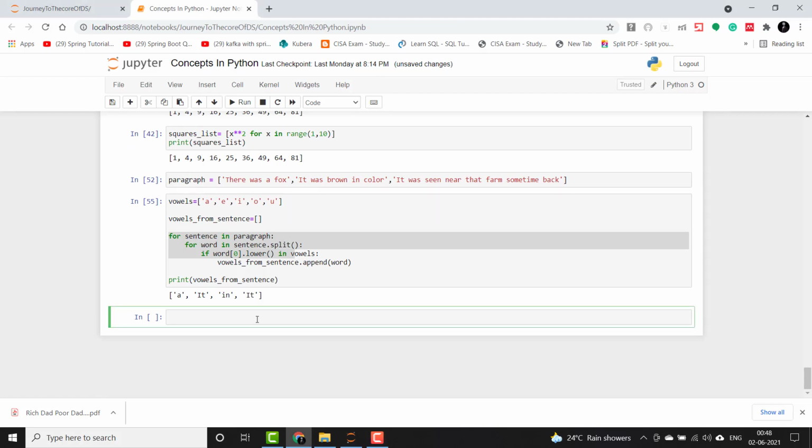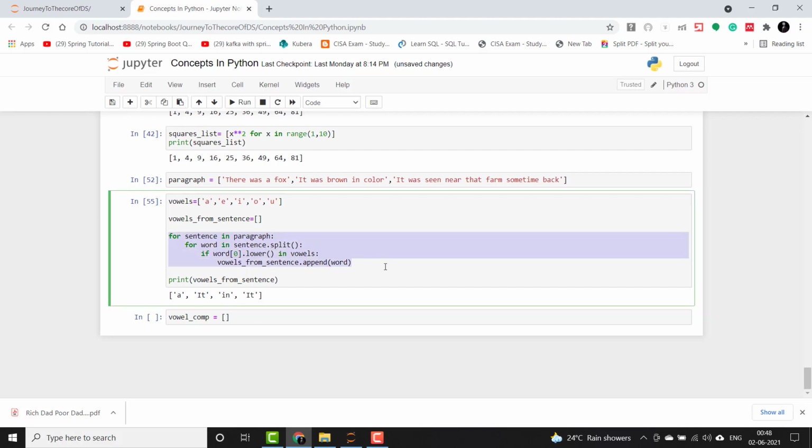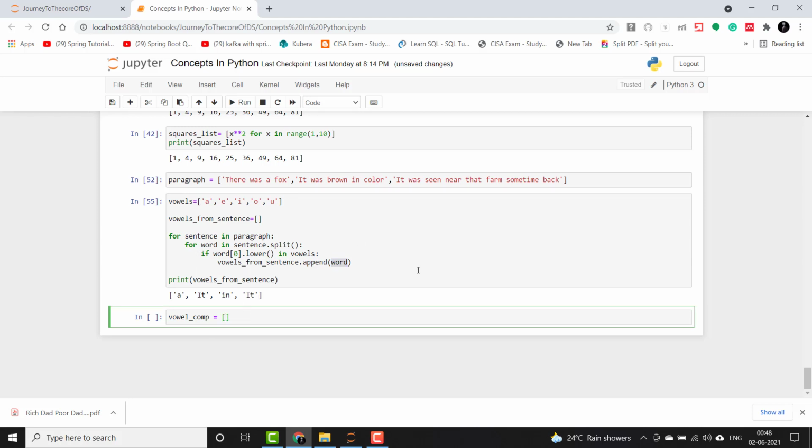So as planned, now we will convert this to list comprehensions. We will say vowel comprehension. Then we have to convert each of these sentences to a single line first, as we have seen before. That is how list comprehension is written, and then we need to return the word from it. So it will automatically be appended to the empty list. Let's write that. I'll just copy each of the sentences here. So this is how simple it is.